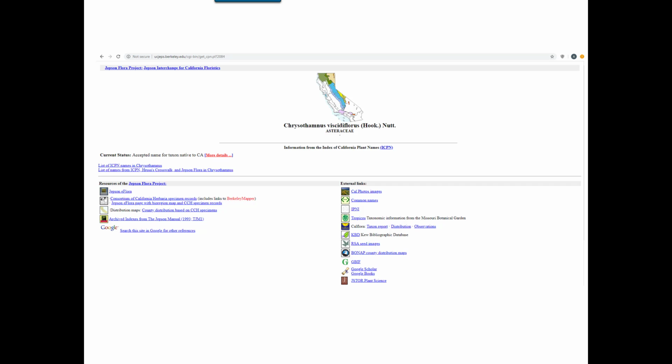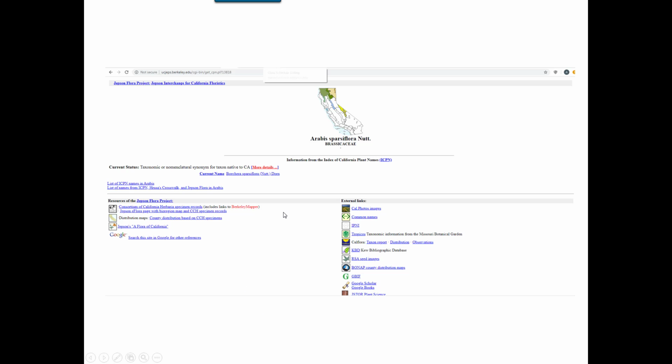You can also look at the county distribution map of their specimens, so that can help you figure out if you're on the right track. If you look at the county distribution and the only specimens that they found are from San Diego County, in other counties down south, you're probably not on the right track if you ID'd it up in Siskiyou County. Okay, so